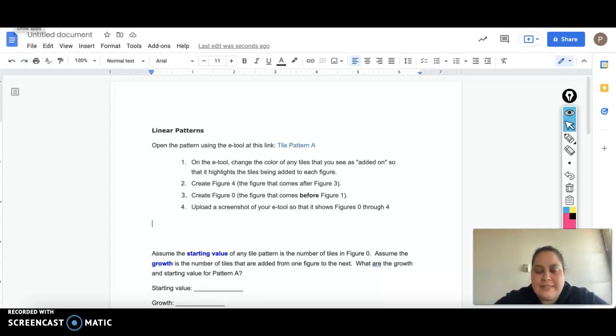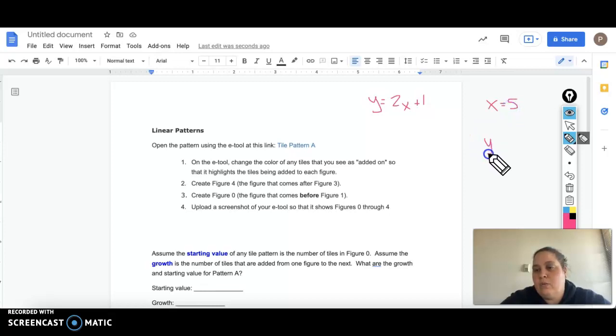All right, we are doing lesson 2.1.1 today, and we are looking at patterns and linear functions. There's a couple things that we need to know going into today's lesson. One is about functions that we did earlier this year. I just want to quickly remind you, if you have a function like y equals 2x plus 1, and they tell us what x is, so let's say x is 5,